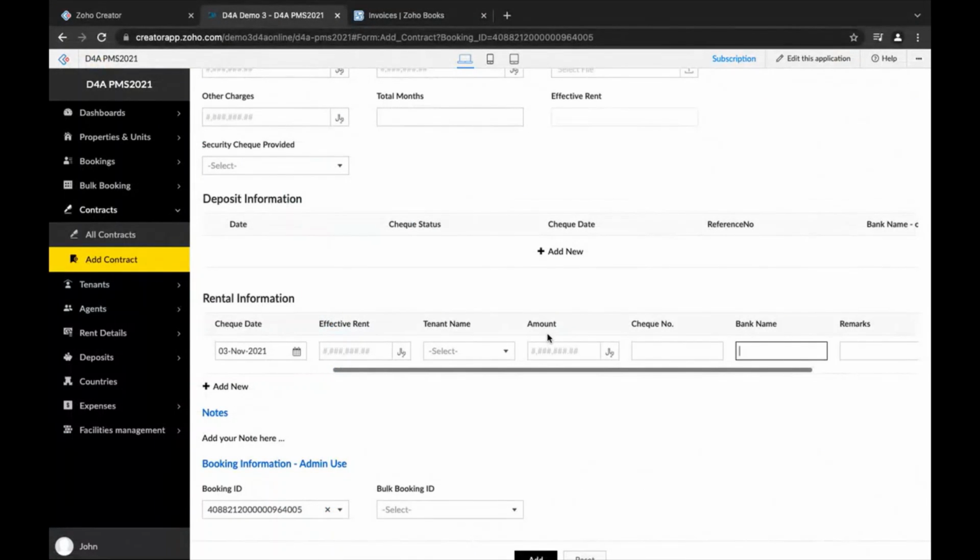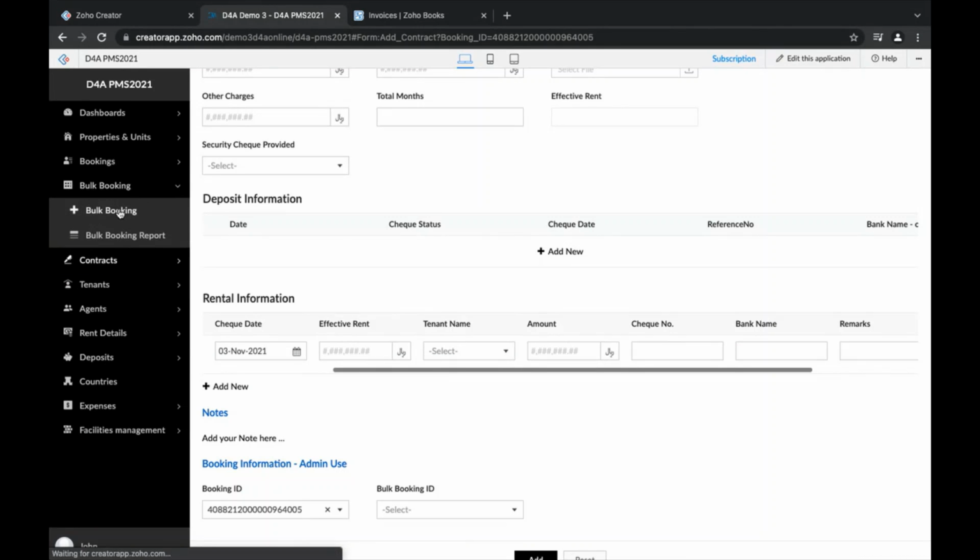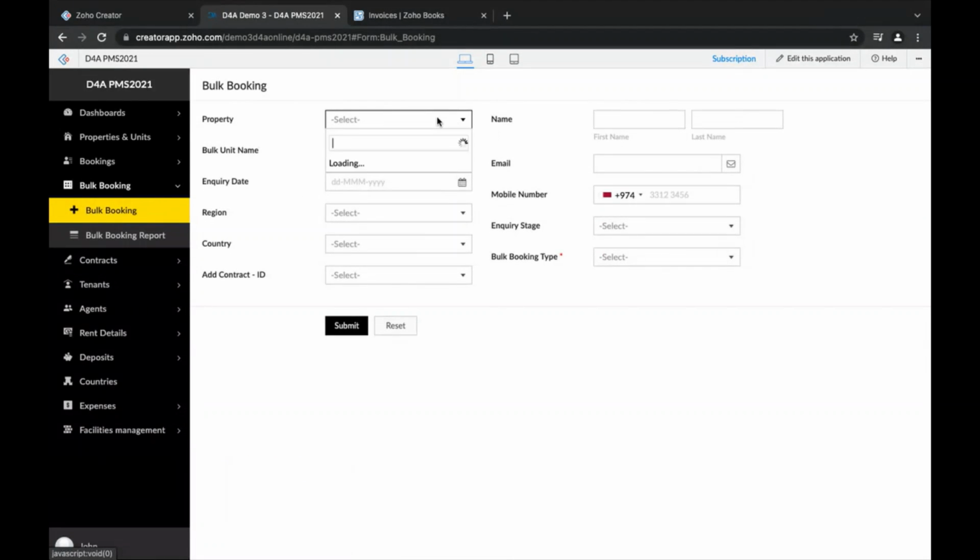We have another question. Is this flow for only residential leasing, or can you use it for commercial and retail leasing as well? Absolutely. That's where we have the bulk booking option. If we are doing a bulk booking, the system is going to ask me what the property is. While declaring the master data, we can declare certain units for bulk booking availability. Let's assume one property, the entire property can be rented out for commercial purposes or bulk booking purposes. In that case, it will be listed down here, and we have the flexibility of choosing multiple units as well.